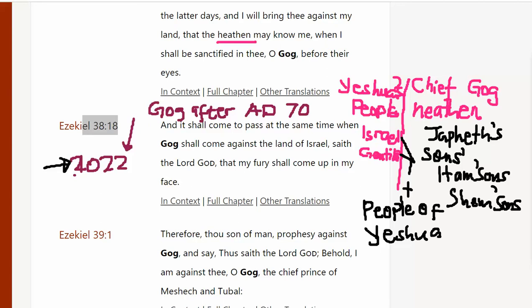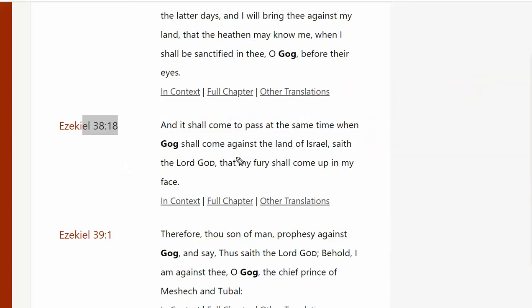So let's clear the screen. Hopefully I did some clarification too, so that you could understand what is happening here. So Gog, we know, shall come, because it hasn't happened, in the land of Israel. So now we have got the land of Israel. We don't have the actual Gog, but we know this is in Turkey, because that's where Gomer is, and that's where the land of Magog is. So when Gog comes to Israel,